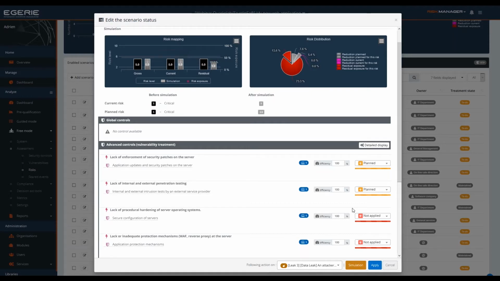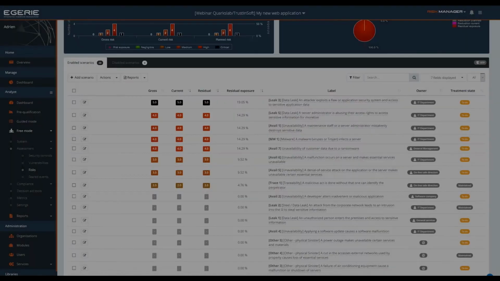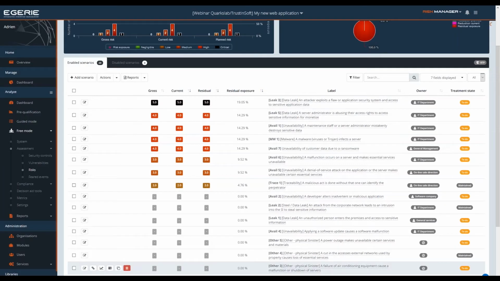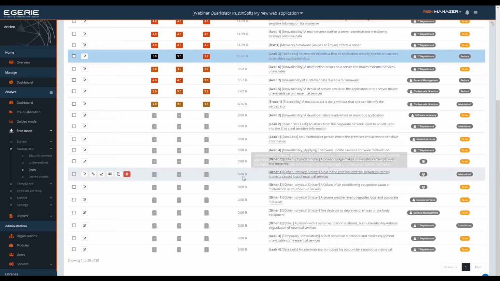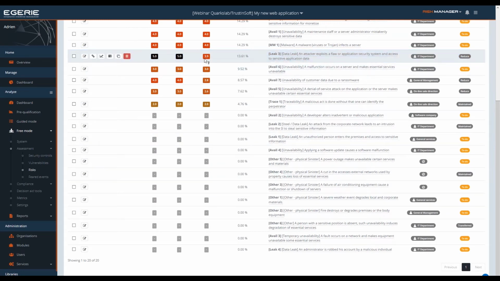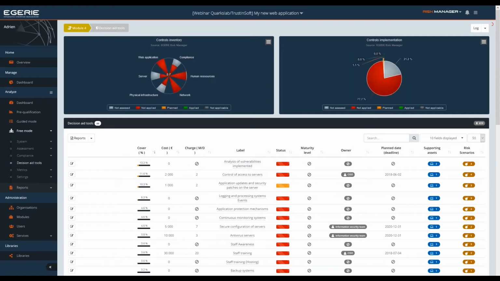So here we go. I'm going to plan those two measures to have a risk level below 4. And those measures that I've planned are directly added to the treatment plan, and I can see in my risk scenario that my risk level has already been reduced. Another tool that we have to make decisions on how to reduce the risk level is the decision aid tool,